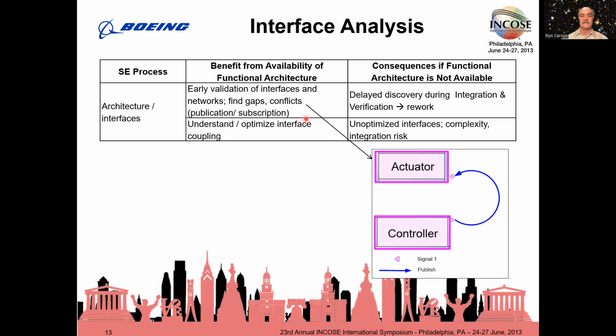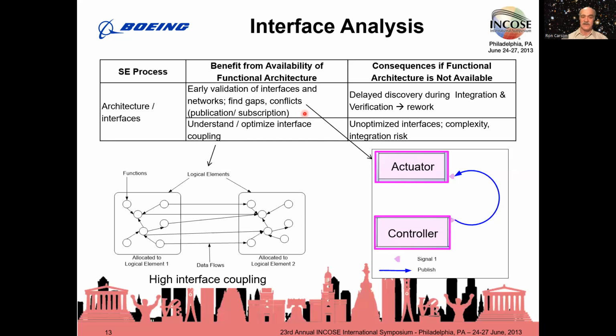So we can validate the interfaces because we know there is some functional relationship. Those are allocated to logical elements. Also help us understand the degree of coupling between logical elements. And this would be examined as part of trade studies to determine whether there might be a better alternative than something like high interface coupling that creates dependencies that may lead to problems during development, during operations, during lifecycle support, and so forth.